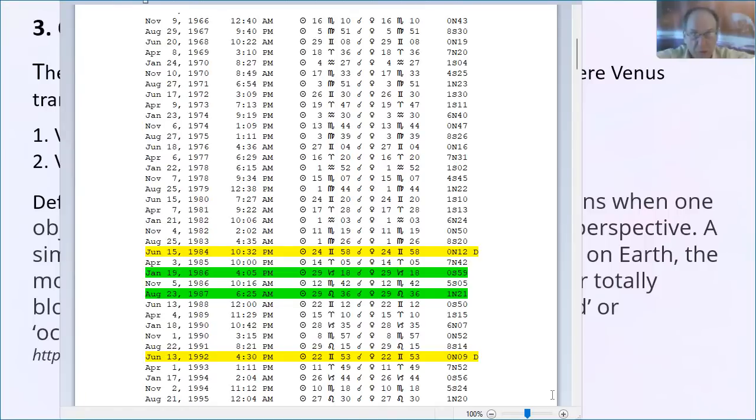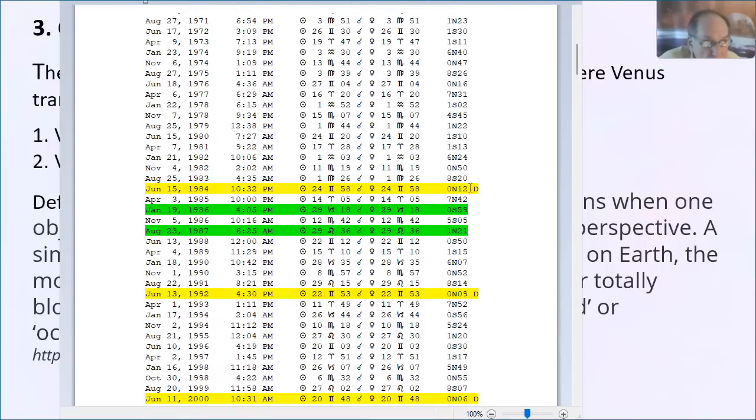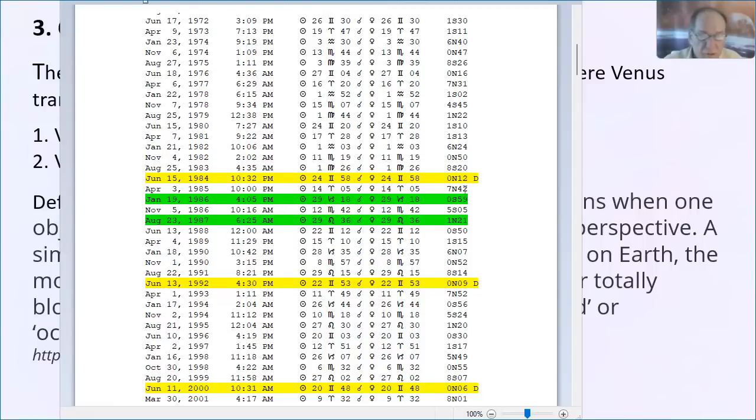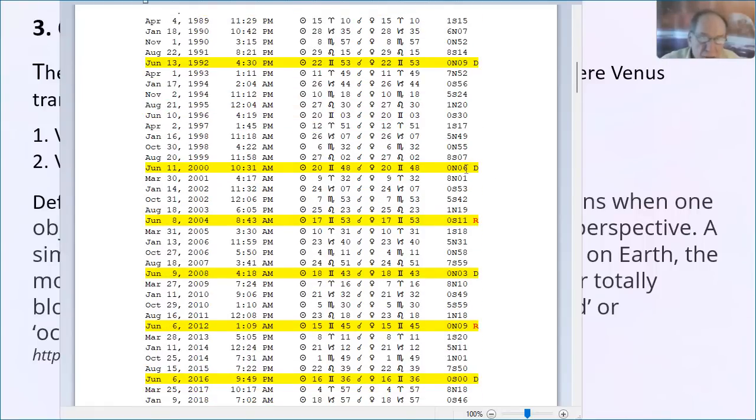So it can cover the whole sun or most of the sun. If it's Venus instead of the moon, same idea. It's the same idea as an eclipse. Venus has moved right in front of the sun. It's just a little tiny dot. But this one's direct, means that the sun is in front of Venus. And most of the times when there's an occultation, it's when Venus is direct and the sun is in front of Venus. So we see all these D's. This means the sun is in front of Venus.